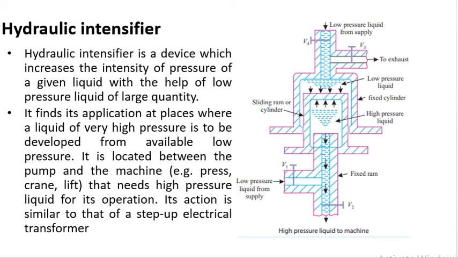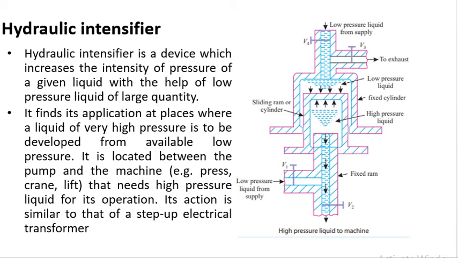The sliding cylinder contains water at high pressure which is supplied to the machine through this fixed ram, whereas the fixed cylinder contains water from the main supply. This is the main supply at a low pressure. Initially, when the sliding cylinder lies at the bottom of the stroke, the fixed cylinder is full of low pressure liquid,